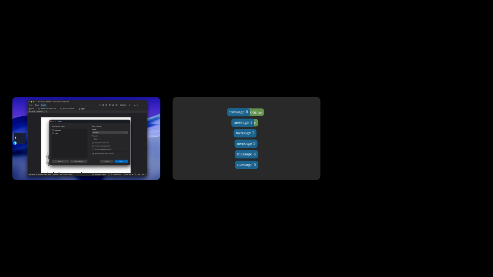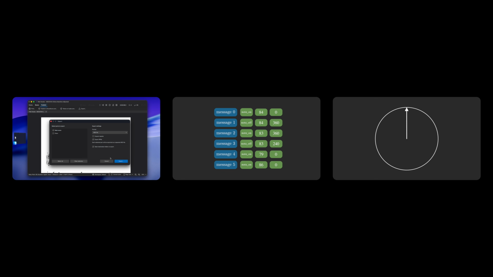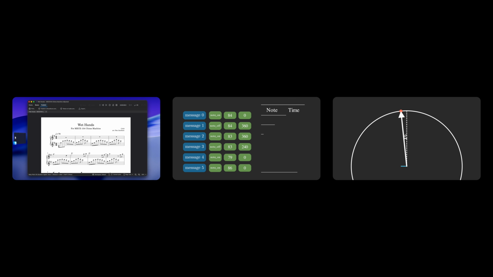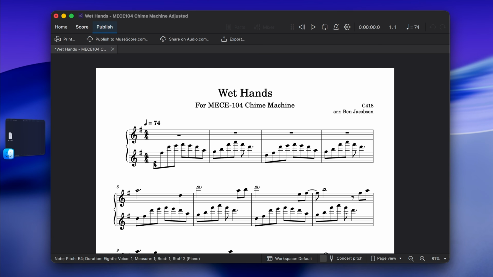First, I'll explain how the sheet music was exported as a MIDI file and read, then how the data was processed and transformed into a CSV file, and finally, how that CSV file was used to automatically generate the 3D geometry using Onshape's FeatureScript. I first opened the sheet music in my music notation software,